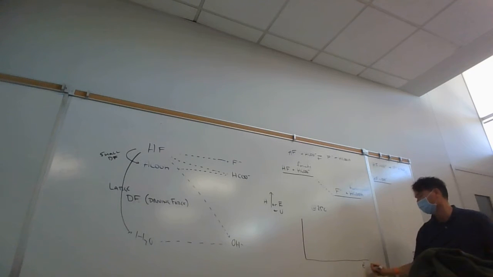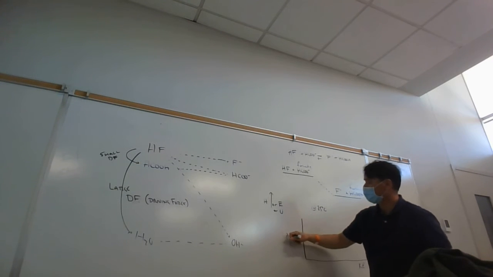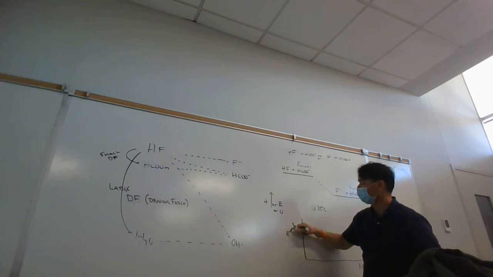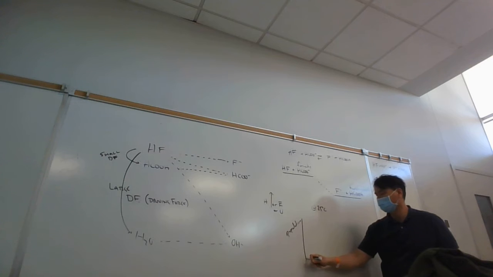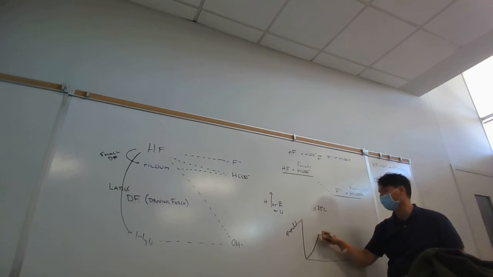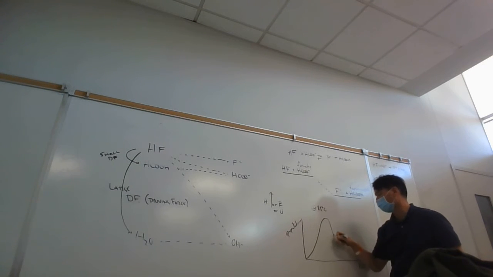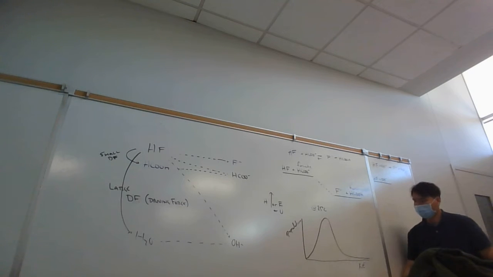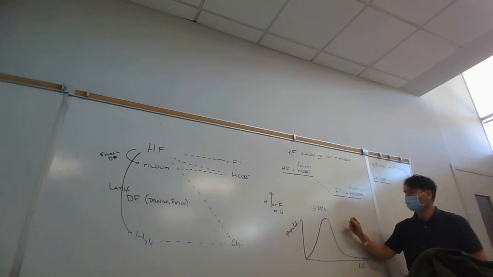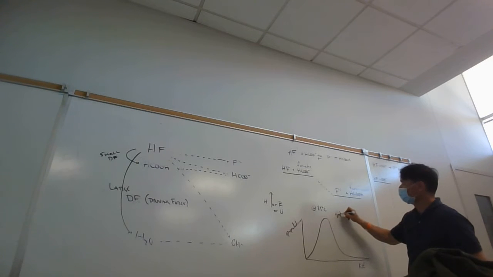We'll put KE for kinetic energy, or E sub K. And then over here on the y-axis, we'll put population. And so it turns out here that at 25 degrees C, not everybody has the same energy. We see a distribution of energies. And this distribution of energies, distribution of kinetic energies,